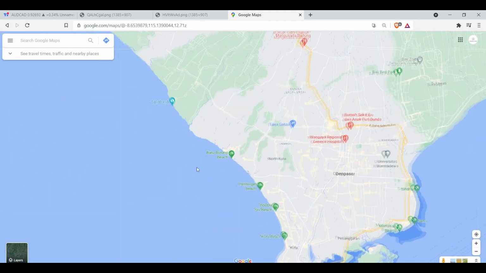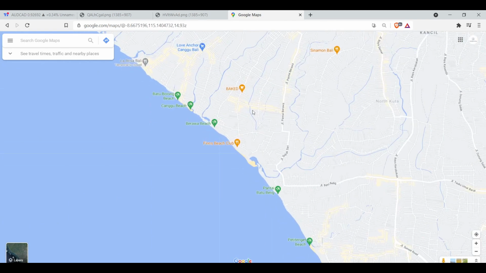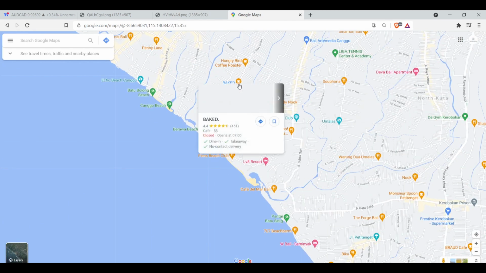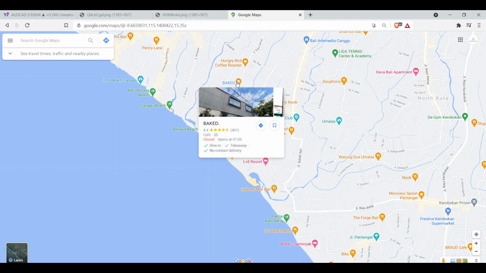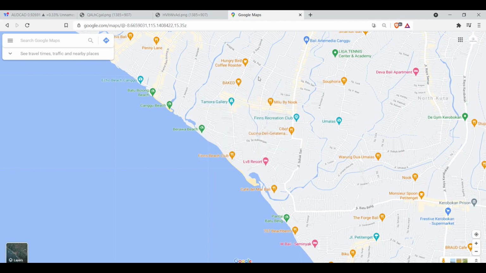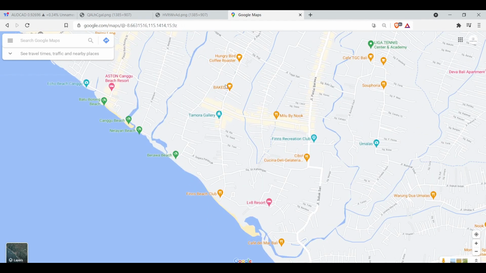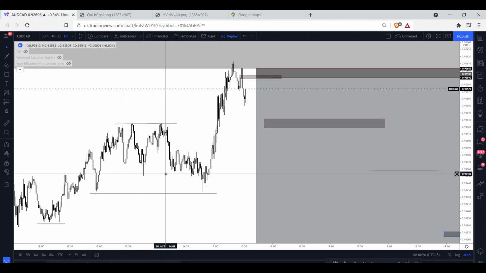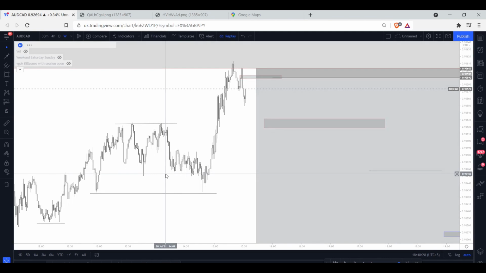Because no, I can't just say, let's just say I'm here at this bake shop. If I'm here, I can't just say, "Yeah, I want to go to Australia," and magically teleport there. No, I need to know exactly what turn, exactly what road, and exactly where I'm going to go. So when we apply that to the markets, we always start off on a higher time frame with our